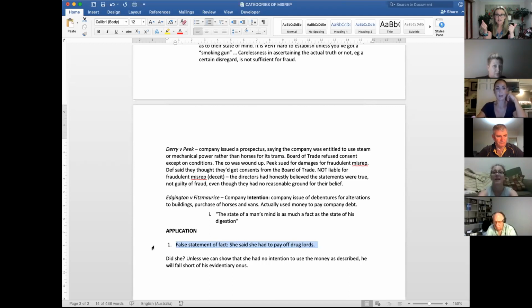Money. Yes, he gets his money back. So if a court rescinds the contract, they will unpick it. Okay, the contract's voidable. If it's rescinded and they take up that opportunity to set aside the contract, it's as though the contract never started. And the court will put the parties back into their starting positions, which means she will have to hand that money back. Okay? So that's why we are looking at misrepresentation, in case you got a bit confused there.